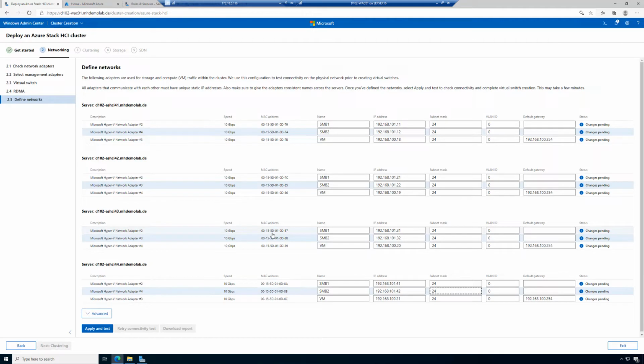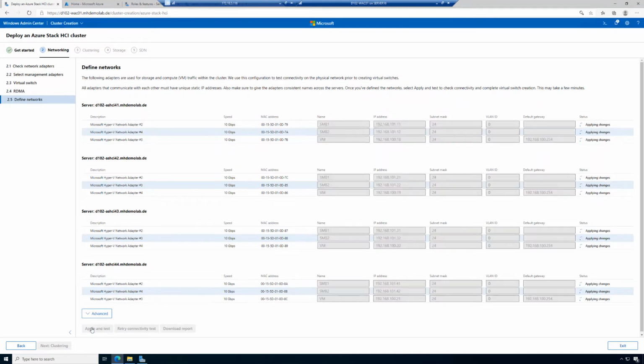So it can happen that there's an issue, especially when I have so many nodes. And so I have again this apply and test button here. So the settings are not only applied, because then I don't see if there are errors in there. I also have the validation of the changes. And if everything goes fine, if everything is okay, then we have the situation that it's green at the end